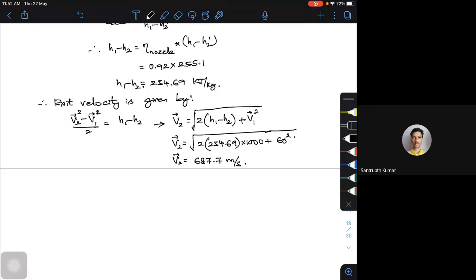See, for example, I'm trying to solve a problem. Now I have only 15 minutes. So using steam tables, it will take 25 minutes for me. So use the Mollier chart, you can do that. There is no restriction unless it's given in the problem statement that you are not supposed to use the Mollier chart. I can use the Mollier chart or I can use the steam table. The steam table is more accurate because I consider all the decimal places. That's the only major difference.